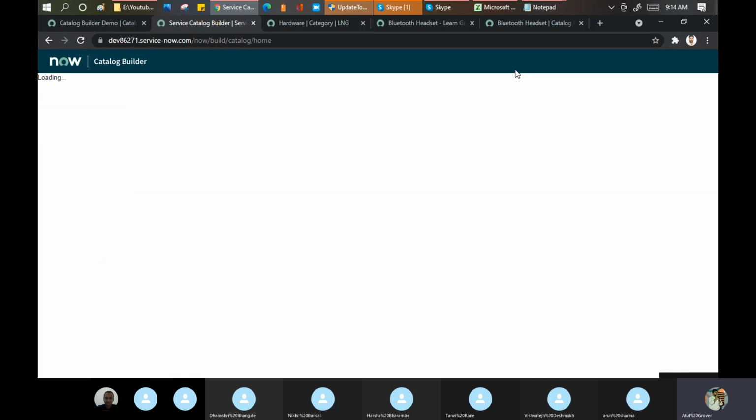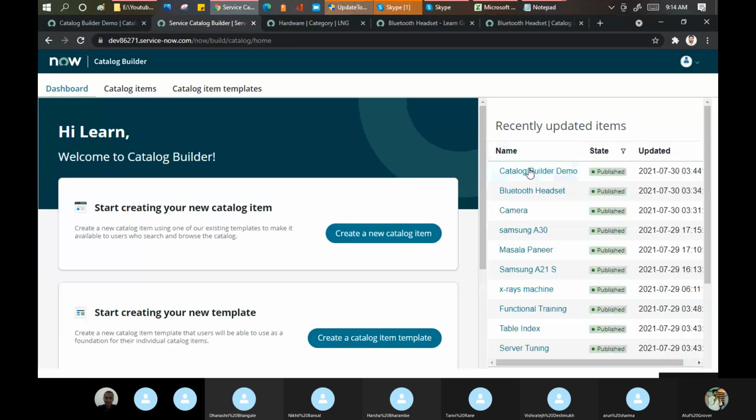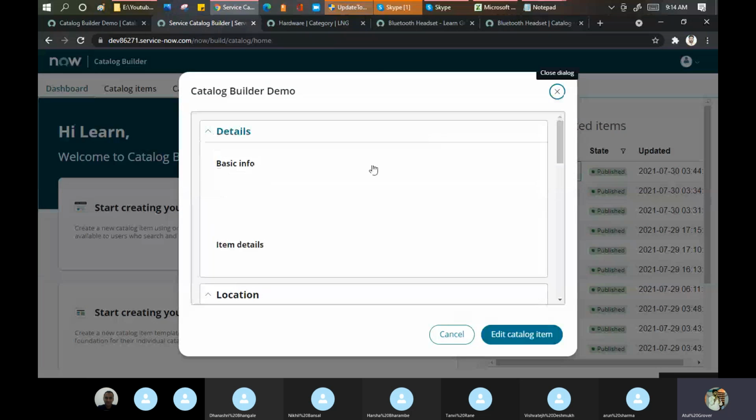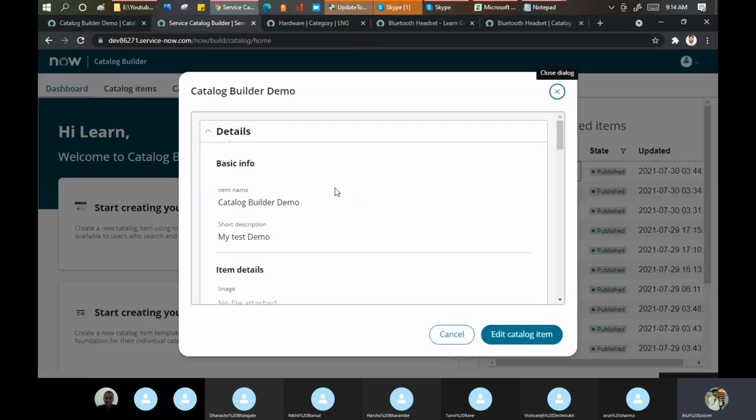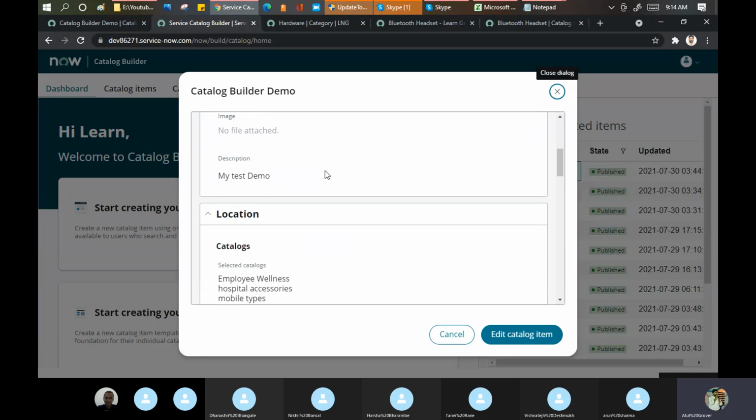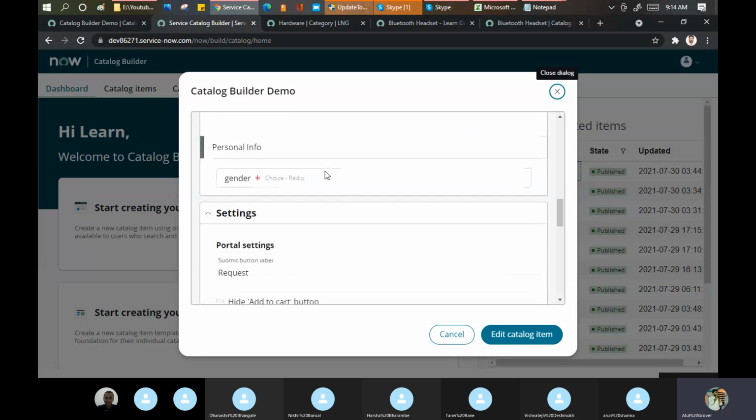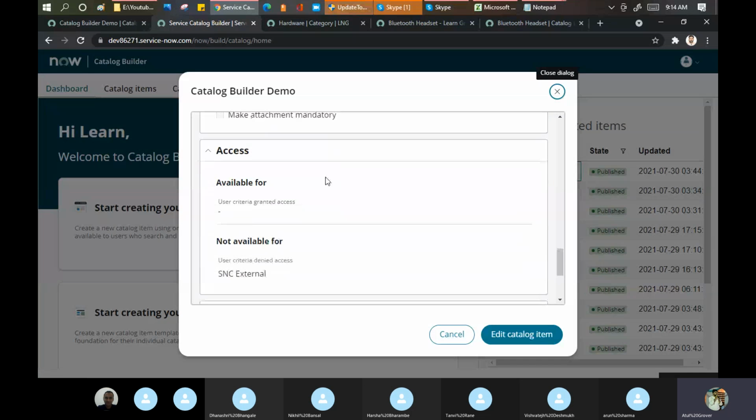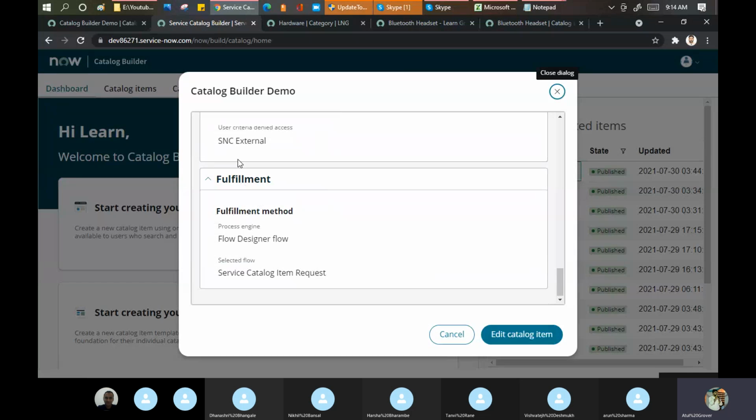And now we can reopen this particular catalog item. It's published. Let's see what you want to see. Details are this. That's fine for me. Item details are this. Test demo, location this, quotient this, setting this, fulfillment. It's showing the flow designer now.